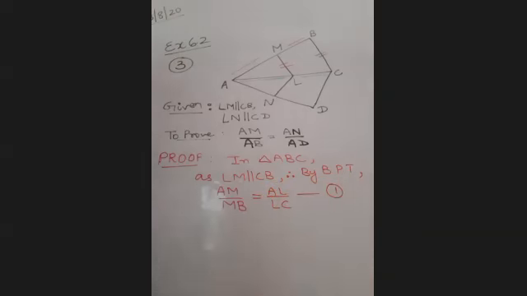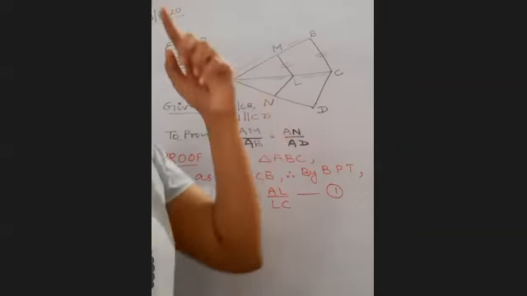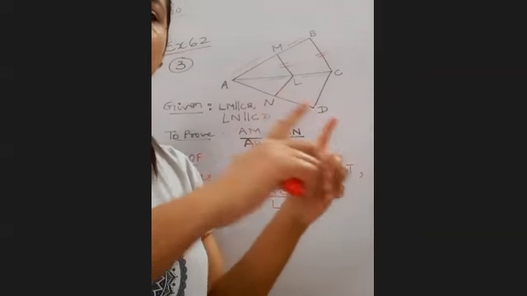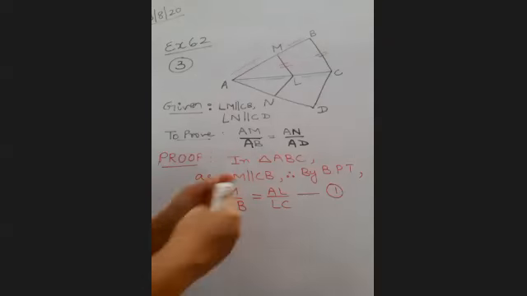Without doing anything else, I have to apply this. I'm not even bothered about what I have to prove; that I will see later. Whenever a pair of lines is given parallel in a triangle, the hint is that you have to apply BPT. Trace the triangle and apply it. The rest we shall see later.